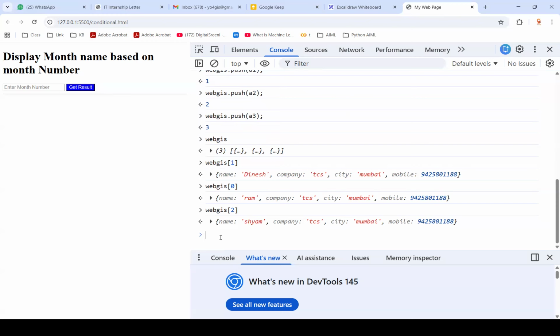Each and every piece of information inside the JSON object is separated by a comma. We have the key and we have the value, key value, key value. And if we want, we can keep all the JSON objects inside one array. So all these things we will see in detail